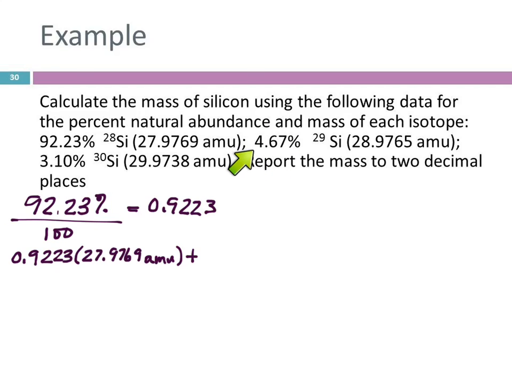When this is divided by 100, it's 0.04, not 0.4, 0.0467 times the mass of that one, 28.9765. Oh, left off the unit, AMU. Plus the last one, 3.1% is 0.0310 times the mass of that one,